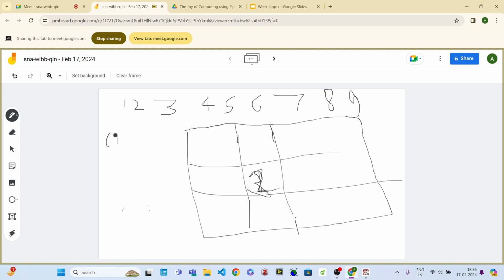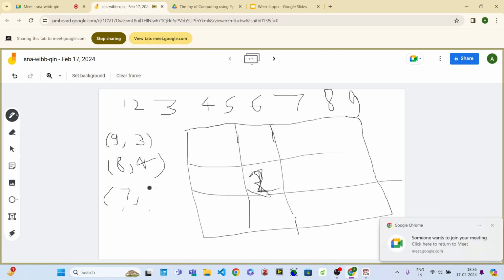You have to start with 9, and you can go to 8, you can go to 4, you can go to 7. Then you can go to 5. But you can go to 6,